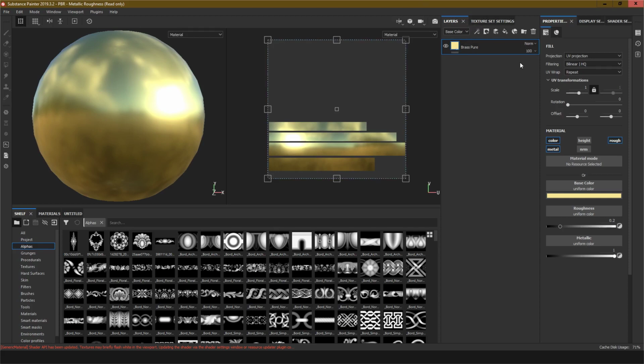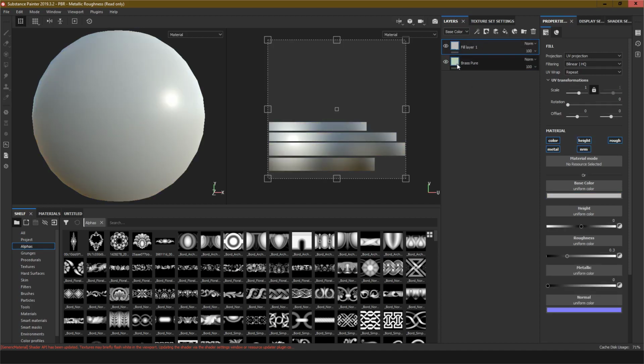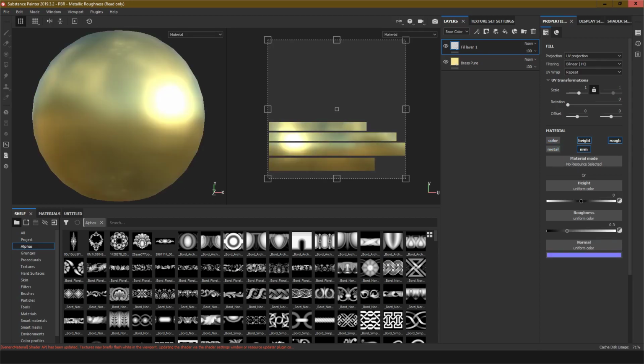and now select the fill layer. For this layer we do not use the color, metal or roughness. We need only the height map and normal map. And for the height map, change the setting,